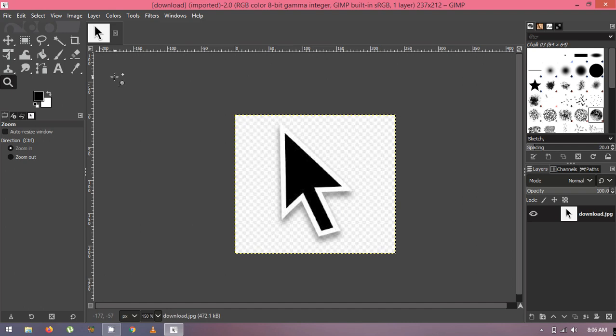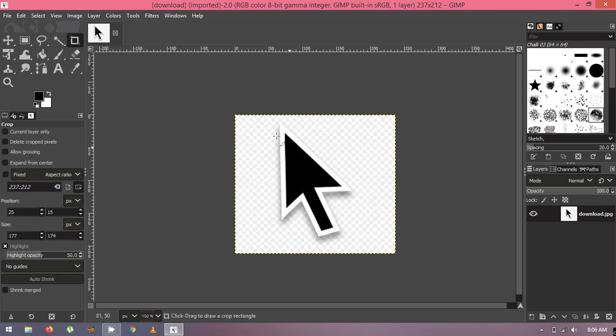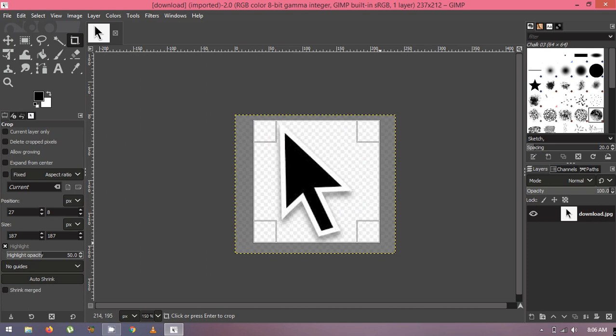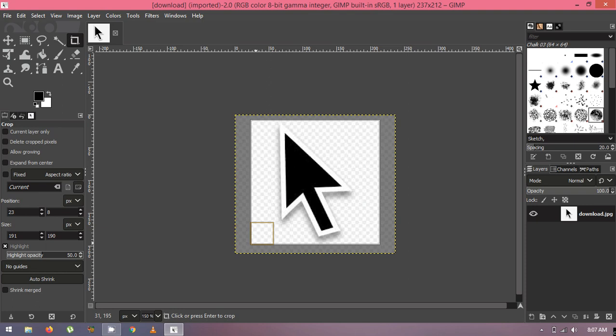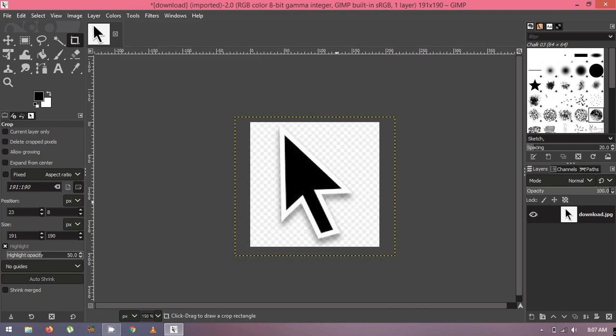How you can use your crop tool? So here we have crop tool. Click on that, and now what you can do is press the left button and just drag it onto the area which you want to select. Now see, I have selected this much. I can adjust this as well. If I do it inside, this much portion will be selected. Now just do it outside for this much portion of your picture. Now this much will be selected. The rest, this portion I don't want, so just select it and press enter key. Now this is how you can cut only your desired part of an image.